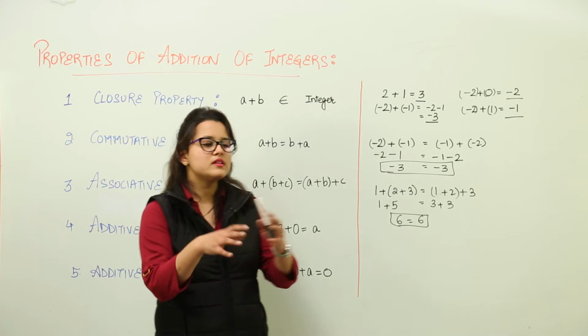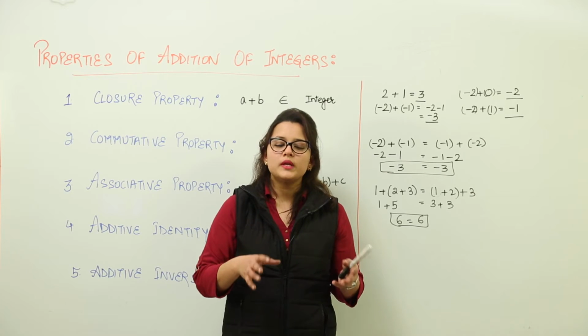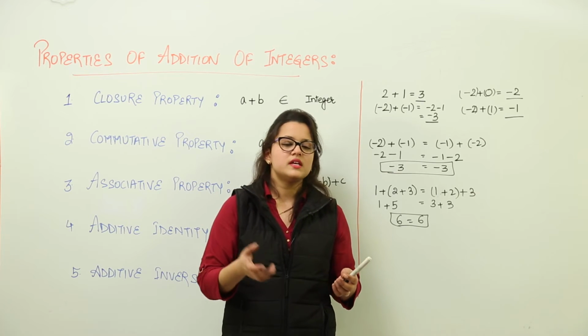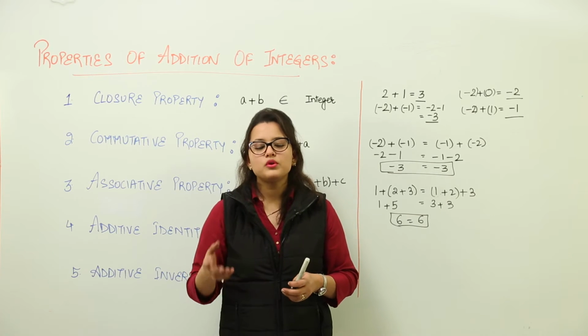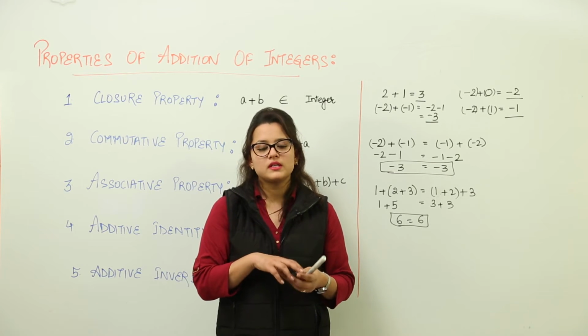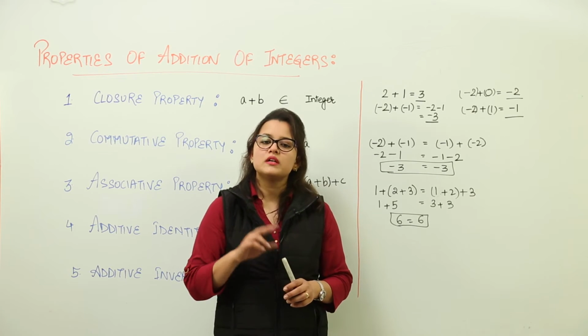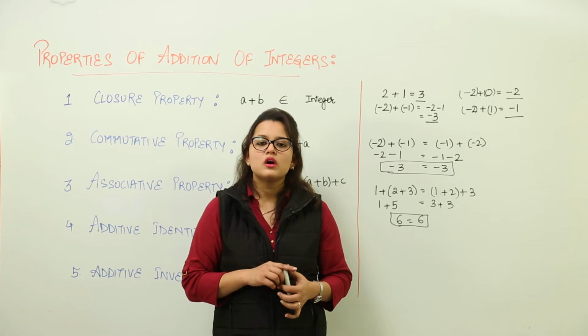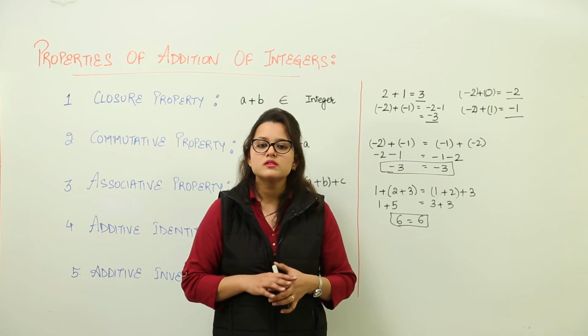For example, there is a vacant box lying with you and you want to place some items into it. Say you have put in your shoes into it. So when you put your shoes into an empty box that had 0 value, and now you have put your pair of shoes, that is 2 shoes, into that. So now what do you have? You have a pair of shoes in that vacant box, right?